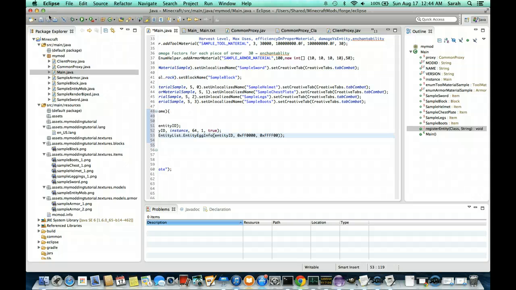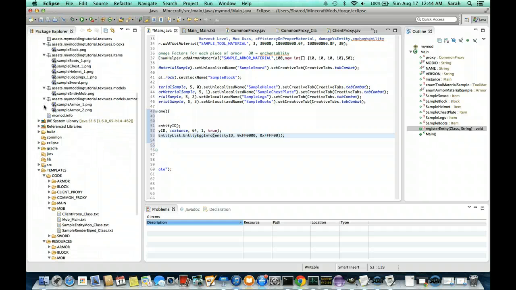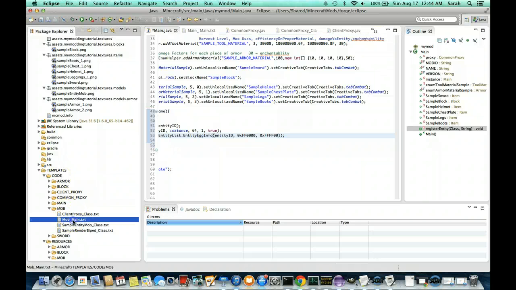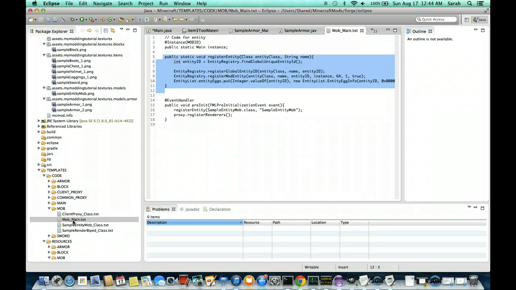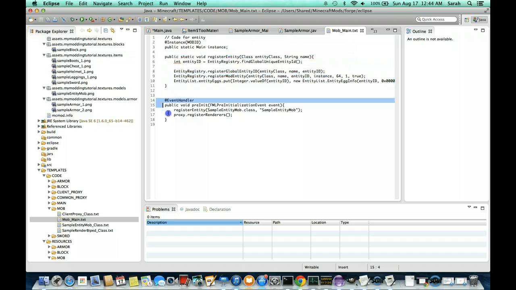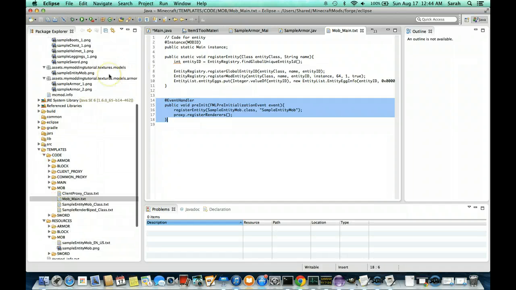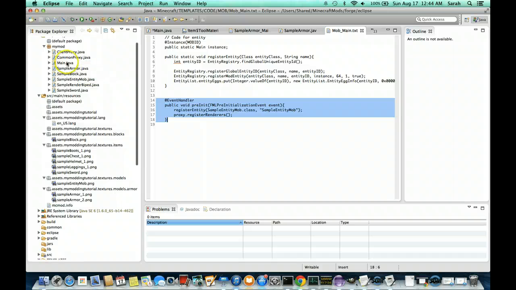Okay, so I'm going to go to Templates, Code, Mob, and go back to Mob Main. And now I need this second part, this event handler. Copy that using Command C. I'm going to go back to main.java